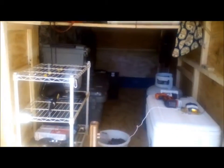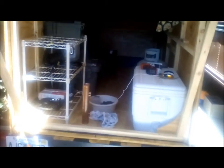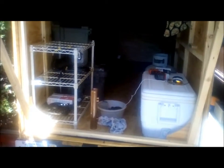The inside of the trailer is still a wreck. Got another video coming up on that of how the back kitchen folds out. I'll show you that soon. This is the